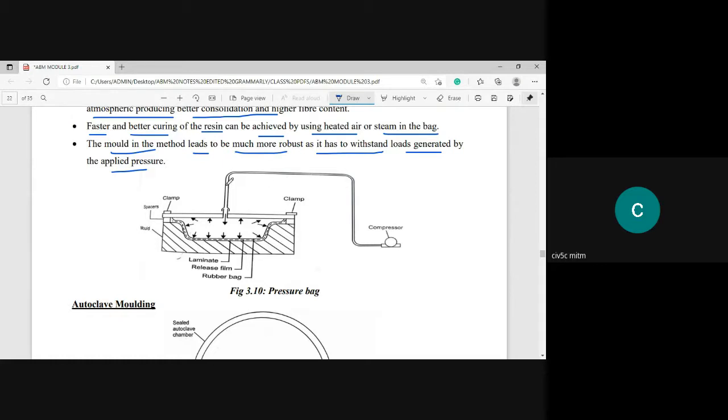Through this compressor they are going to induce the pressure, and it will be distributed all around the laminate. Because of this pressure, it will completely evacuate the air voids, so that you can get a well manufactured FRP laminate or composite. So this is the technique. It is a slightly improved version of vacuum bag, where we induce high pressure.